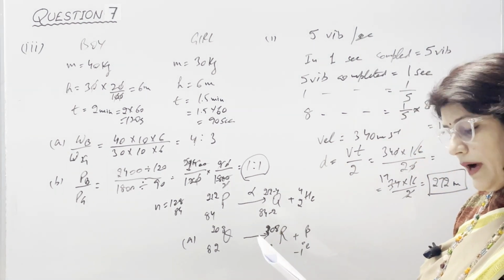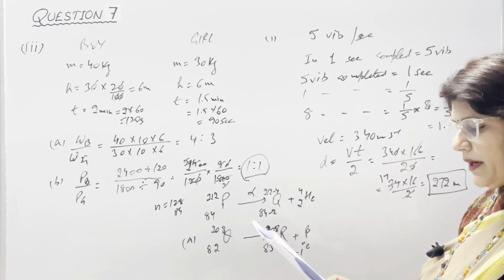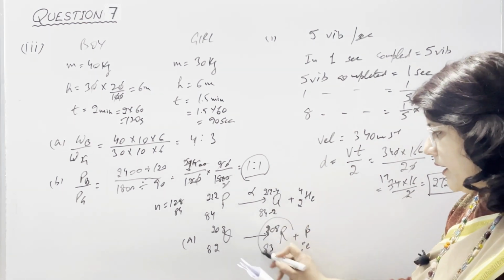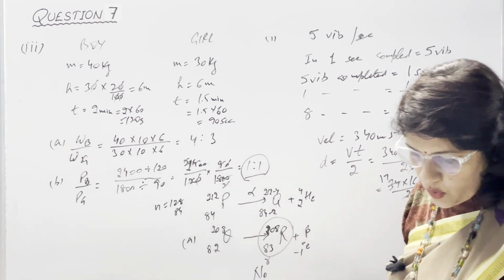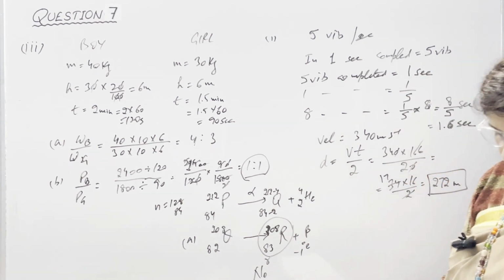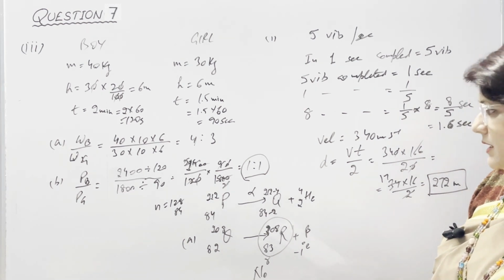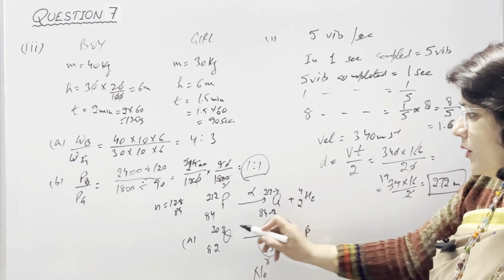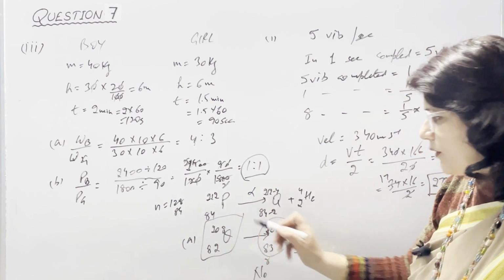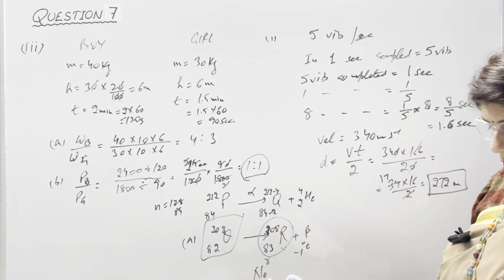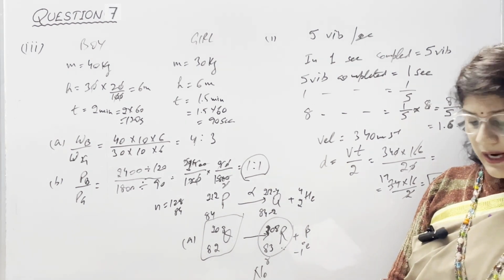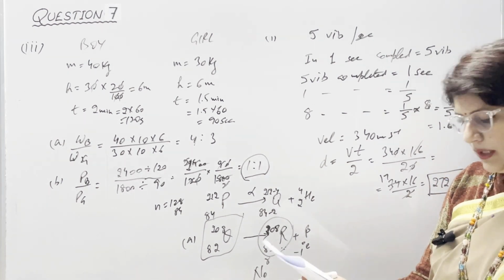Does the composition of R change if it emits gamma radiation? If this R emits gamma radiation, there will be no change. So we will just write no, there will be no change. So the composition of Q is 82, 208, and the composition of R is 83, 208. And in the third part, we will just write no.